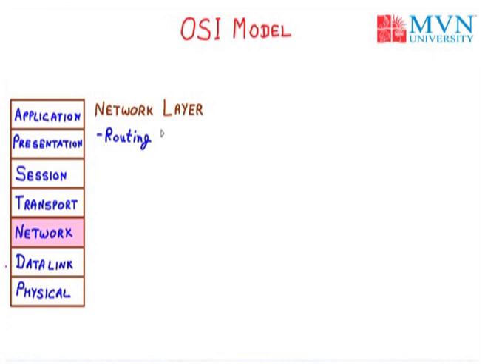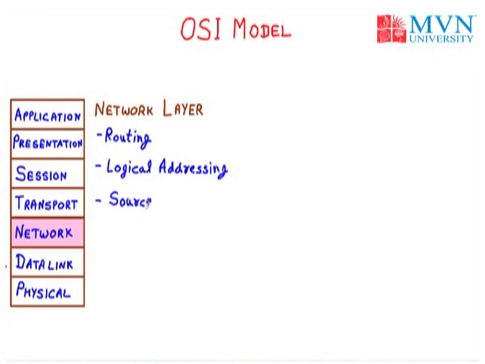The main principle of routing is to select the shortest path, and if the shortest path is not available, we find the next, less congested path. So the main function is, first, to select the shortest path, and second, to select the second best path. Then we provide logical addressing. For example, if we want to send data outside the network, we need logical addressing, also called IP addressing.